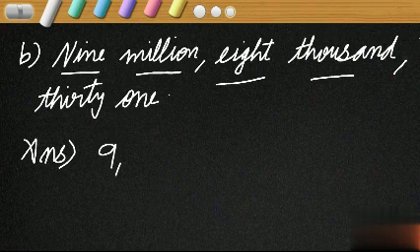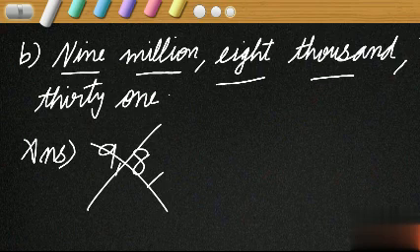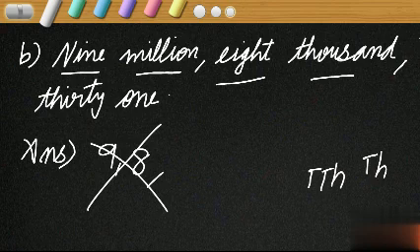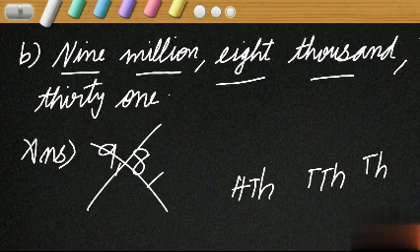So, in the answer, in the thousands period, can we write 8 like this? In the thousands period, they have given only 8. So, can we write like this and put one comma after this? No. Why? As per the international system, in the thousands period, we should have 3 places. Which are the places in the thousands period? First, we have the thousands place. Then we have the 10,000 place. Then we have the 100,000 place. 3 places are there in the international system, isn't it?